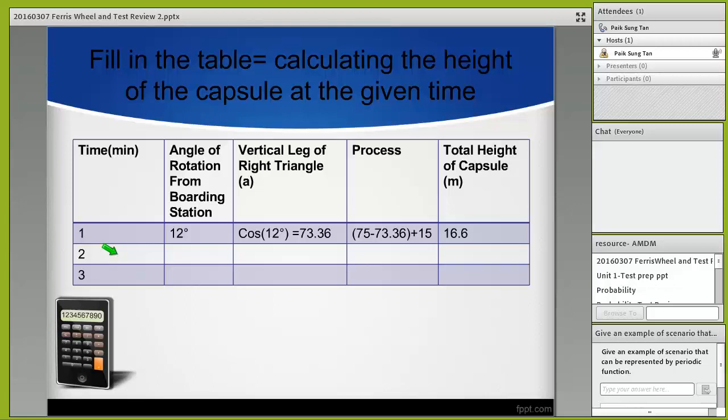All right. So now, to fill out the rest of the numbers, you know the first minute is 12 degrees. The second minute will be 24 degrees, which is 2 times 12. And the third minute will be 36 degrees. And you just keep multiplying 12 until you get to 360 degrees, which means you came back down to the ground. And then the same way to get the rest is cosine of 24 degrees